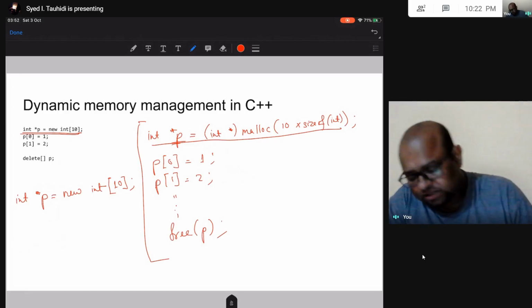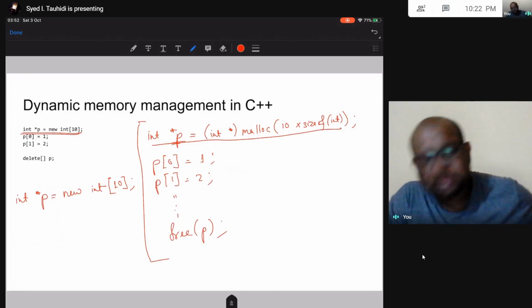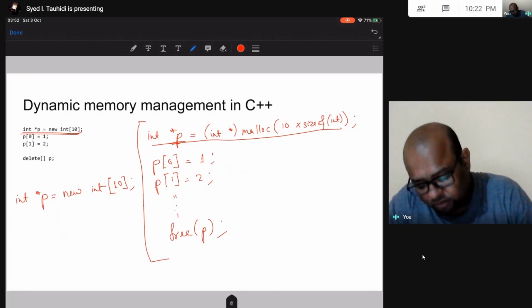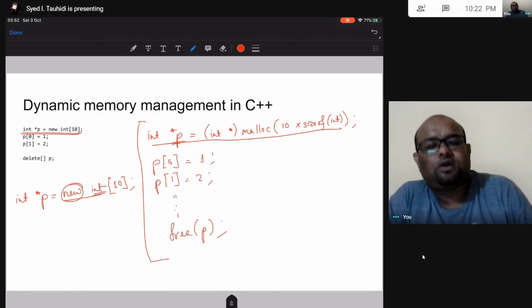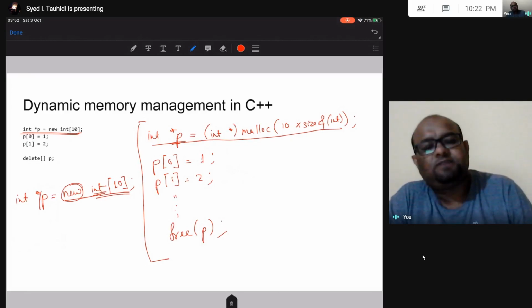Fine, let's go back and talk about allocating memory for an array in the heap. This is how we do this. We are allocating memory using this new keyword for integers. How many integers? 10 integers. Continuously we have allocated this amount of memory, and we are pointing to that using this pointer variable p. P is a pointer of type integer.